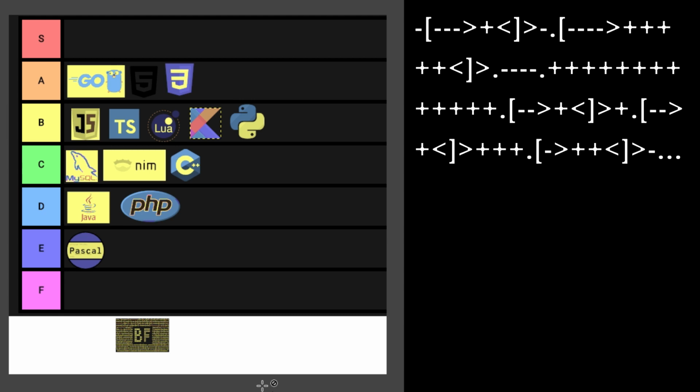Popularity-wise, BrainFuck is one of the, if not the, most popular esoteric programming languages, but overall is not a very popular programming language. And in my opinion, it's both the best and the worst programming language to ever have existed. Therefore, we have a problem. It is S tier, but because of how it is made, I cannot accept it as S tier. So I will have to duplicate it and make it F tier as well.